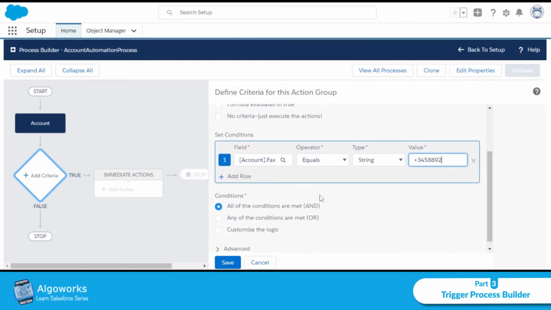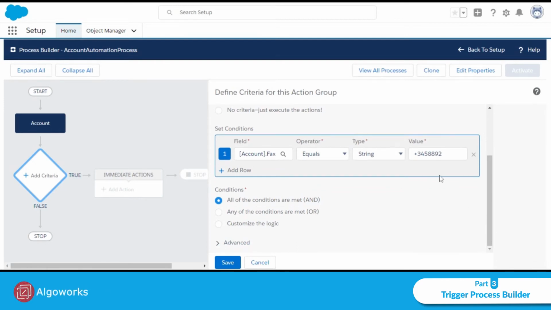If we have multiple conditions, we can choose any of these logical operators, and or or. We are not choosing and or any of these because we have only one criteria. Now we will click on save.